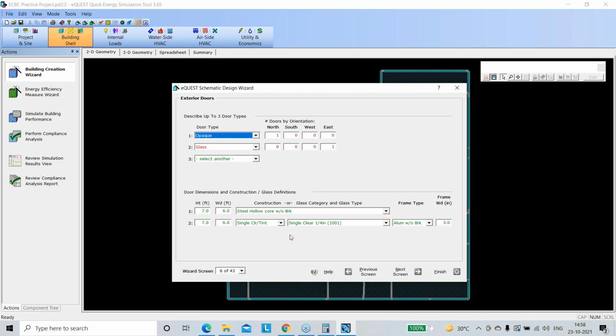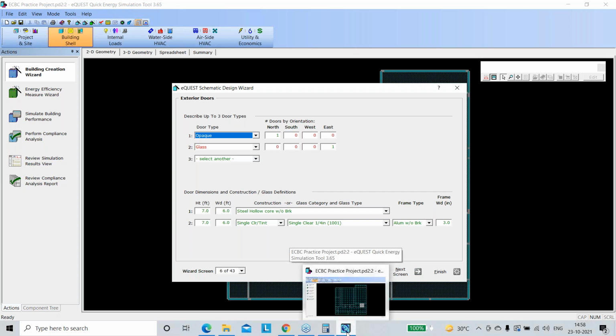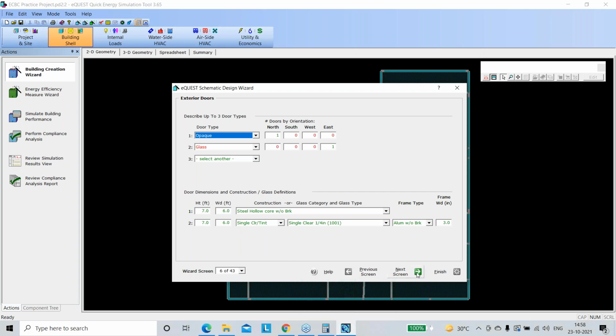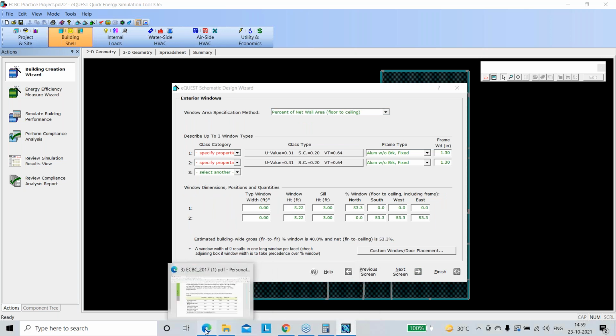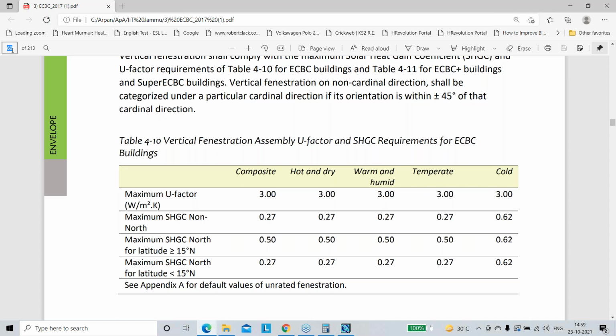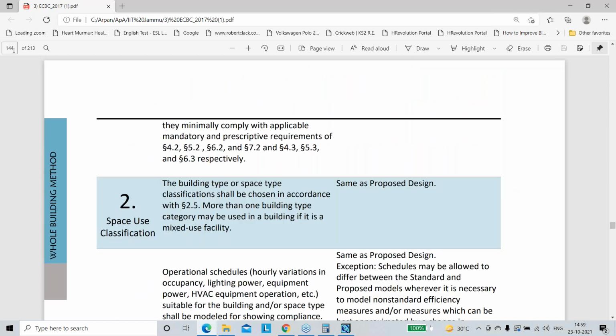Likewise, we come here. We now see doors again. ECBC does not specify anything for doors for the standard, so we will keep the same for any doors. Next is the glass. Now, if we see again, what ECBC says here is glass also has to be